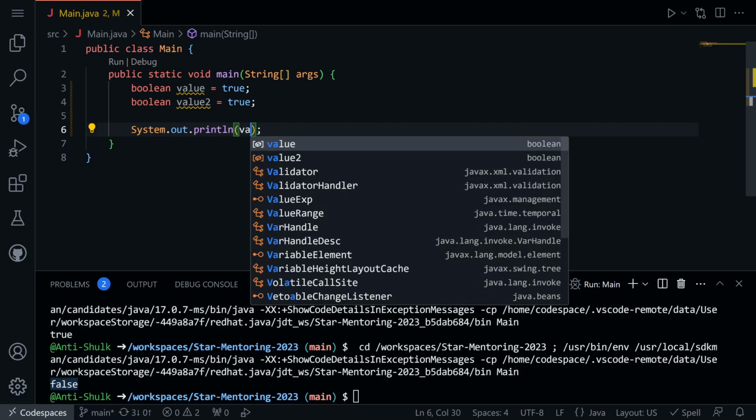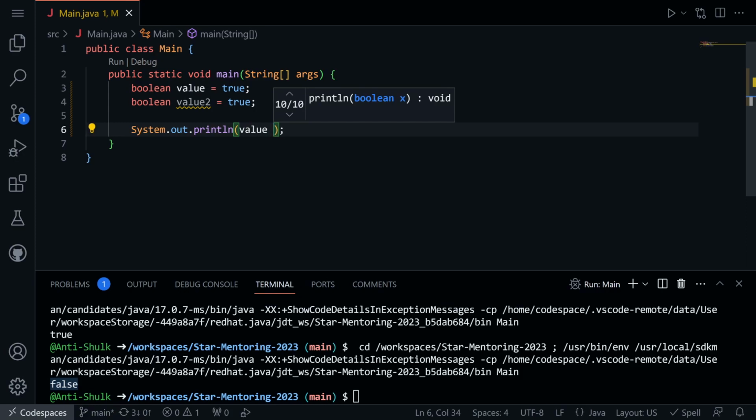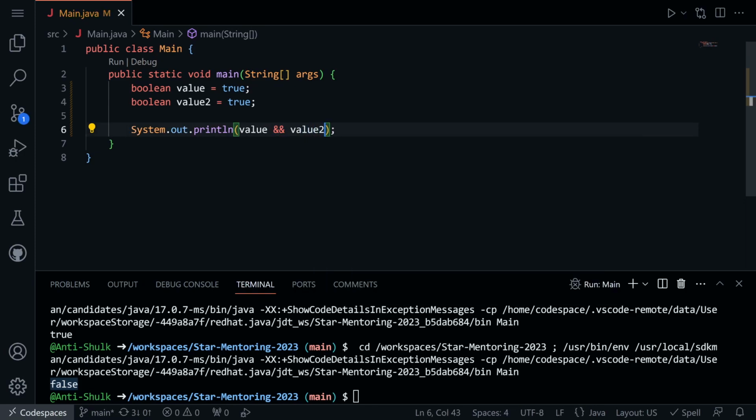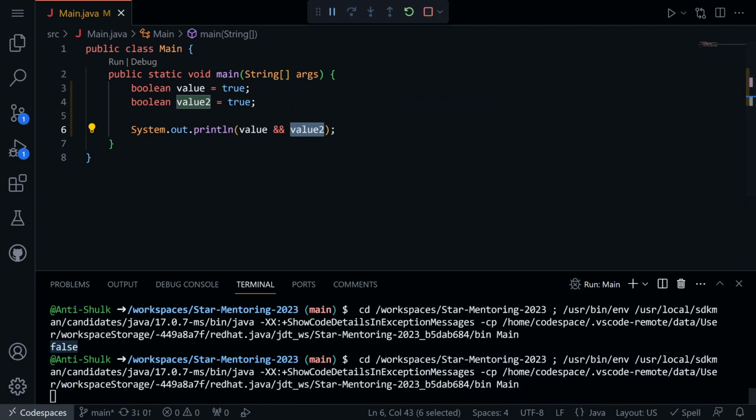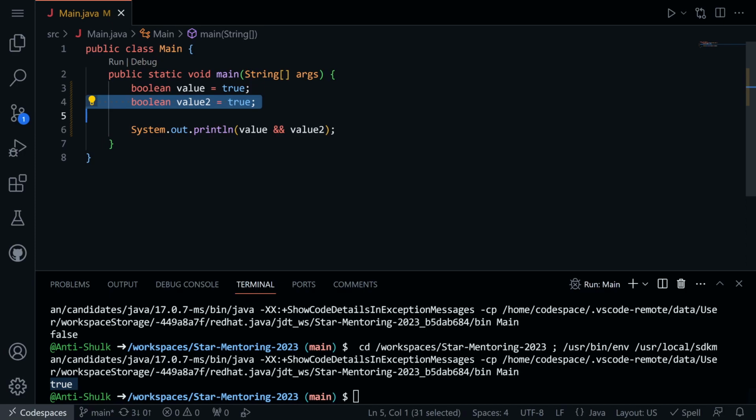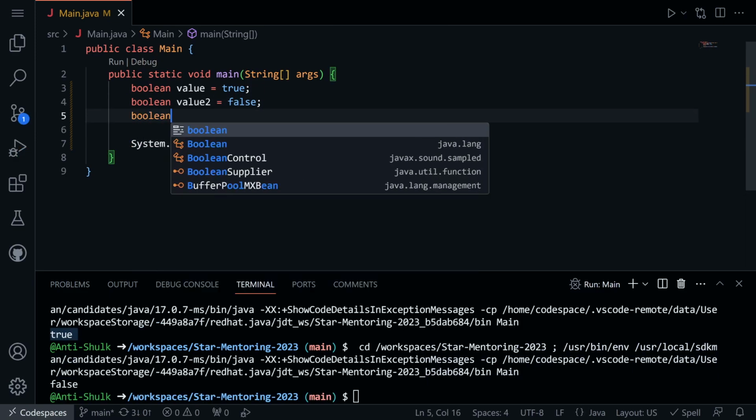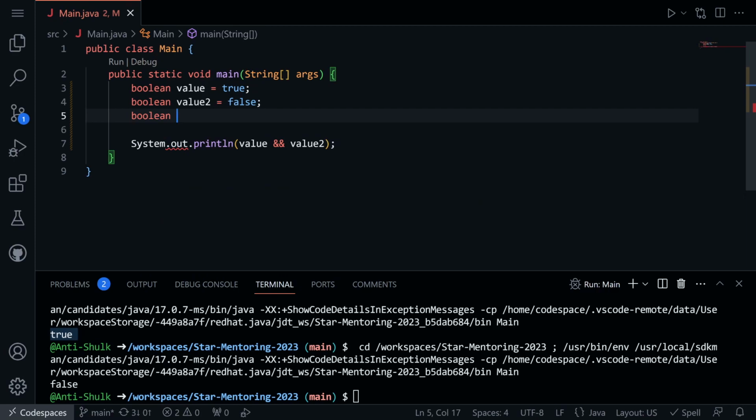The operator we can use to do exactly that process is the AND operator, and it's represented by two ampersands. So if I go value1 && value2, it's going to take value1 and be like, okay, this is true, and this is true, so the end result is going to be true, just like that. And if either one of these is false, this expression is going to result in false. Because this is a Boolean expression, we can of course assign it to a boolean, say we call it result equals value1 && value2,